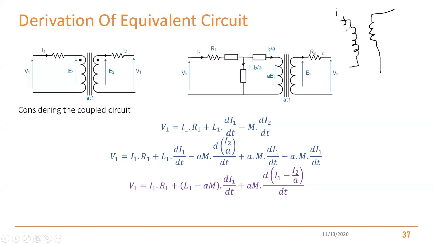Due to this current there will be some induced EMFs E1 and E2. If this primary produces a magnetic field...